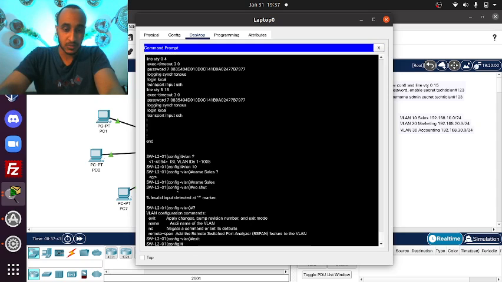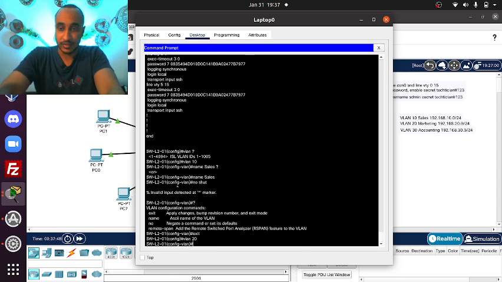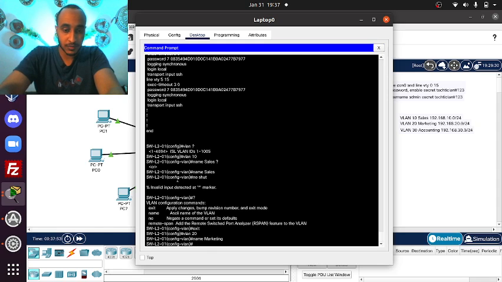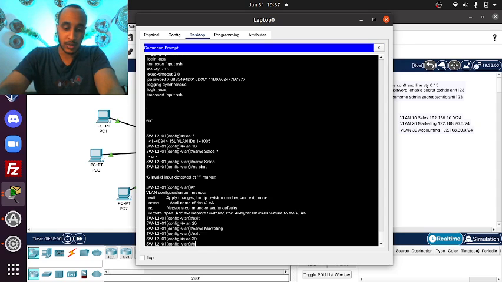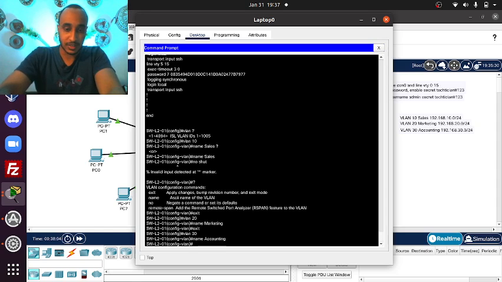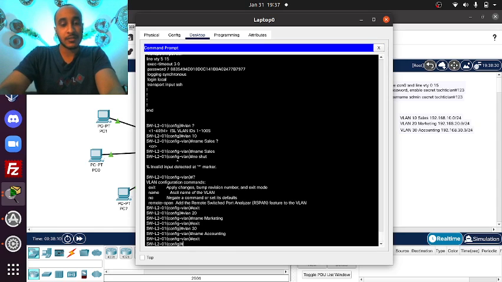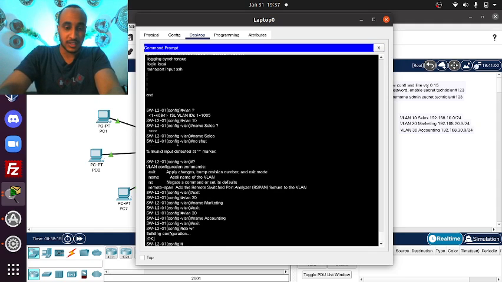All right, now if we specify here VLAN 20 as the next VLAN and call it marketing, right? So name marketing. We can exit that, go through VLAN 30 and enter, and in VLAN 30 we want to name it accounting. So we have 3 different departments for the time being. Let's just keep it like that. All right, so now we're going to exit, and we can obviously see by doing show run, but let's save it first here. Okay,